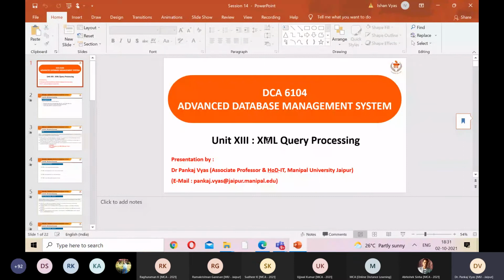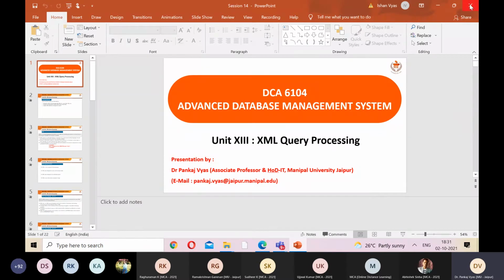And in unit number 4, we have talked about XML query processing. XML is just a markup language, the way you might have seen the HTML language; the same way you can have an XML language. The information is stored in a file, and you have to write a parser to read the information from that file. Sometimes you may have an XML parser, sometimes an HTML parser. The parser that you write depends on the syntax that you have used to write the information into the XML.